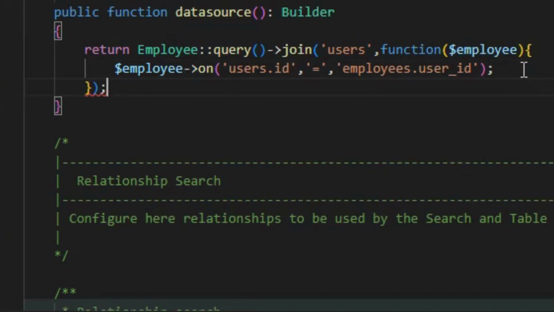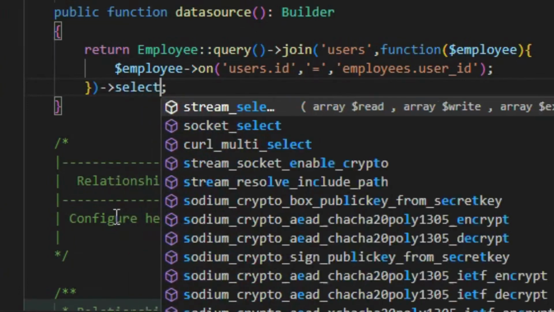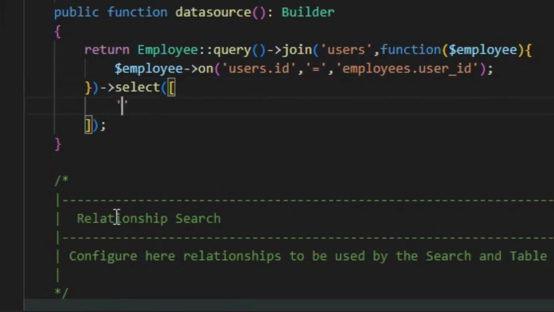The next thing we'll be doing is we'll be telling Powergrid Datatable which column to select. So you have to use the select statement, select method. Inside the select method, it takes in an array. This array contains the columns which you want to call, which you want to display